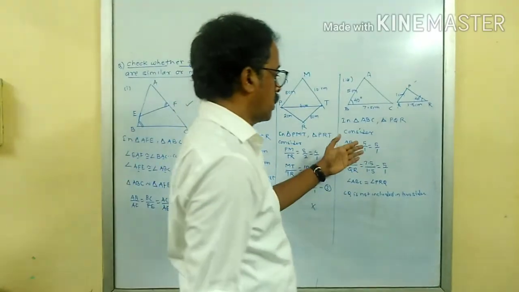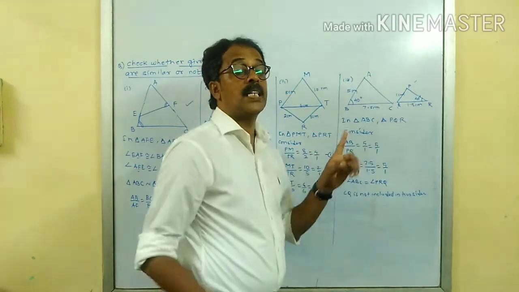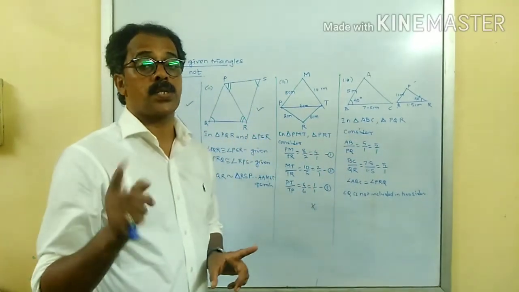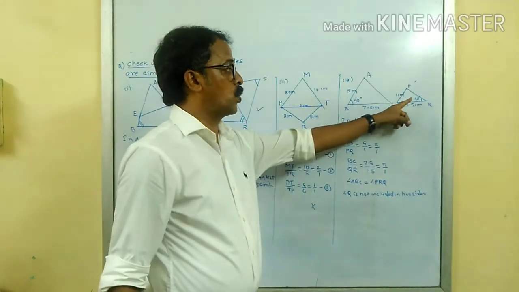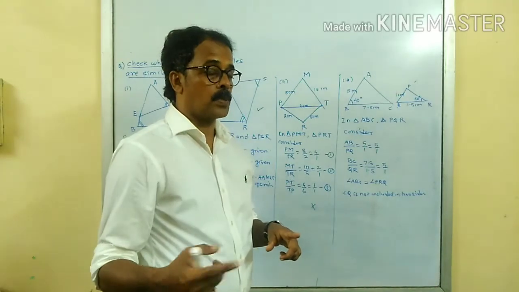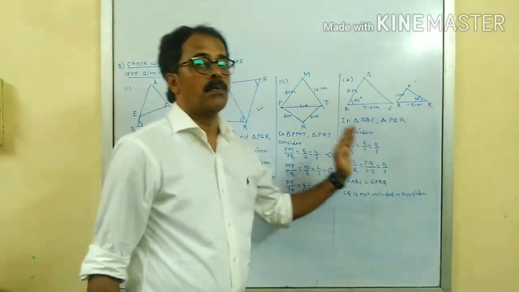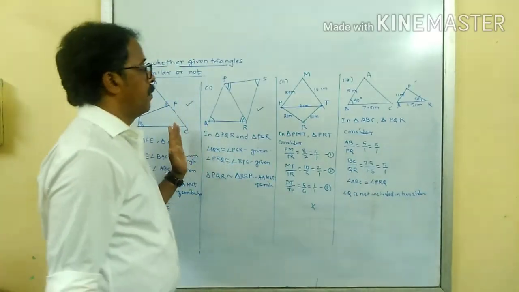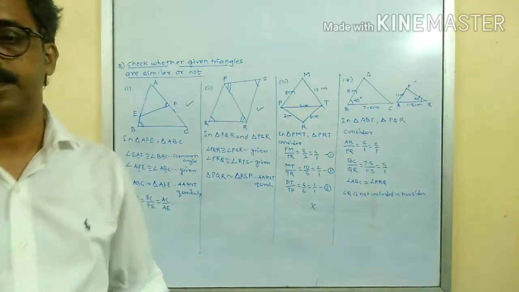Okay, you could say, sir, you said that the two sides must be in proportion with one included angle. So read the SAS test again from your textbook, where they have mentioned that the angle has to be included between the sides for corresponding triangles. Then only it is possible. So we have seen this, for example, for the possibility of whether the given pair of triangles are similar or not. Just have a look at it.